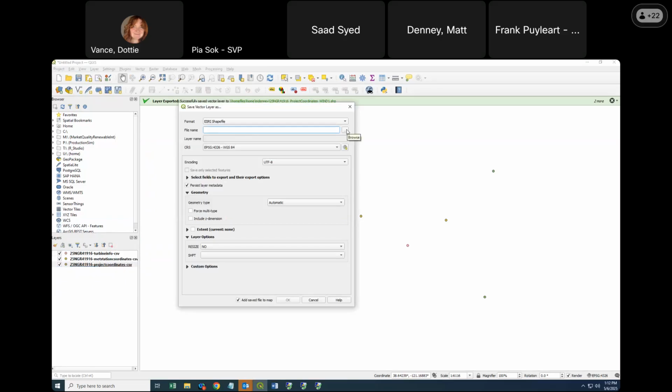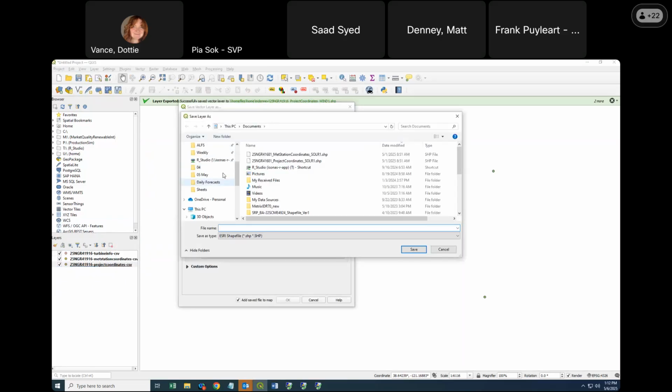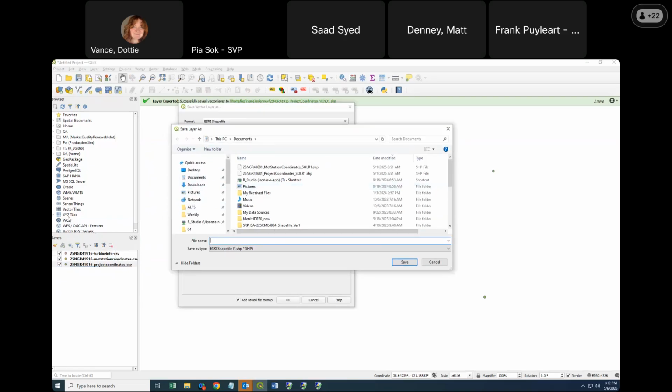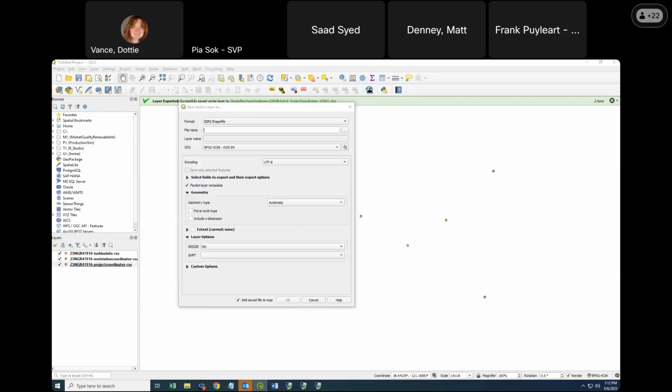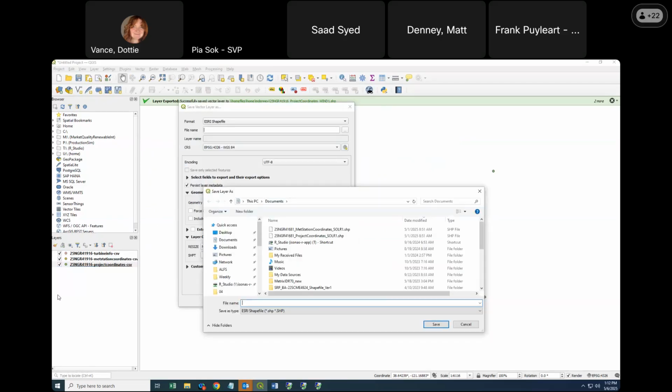And then our file name, this one we'll want to follow a specific format for this file naming convention, which is outlined in that readiness note. So it's the project key, and then since this was project coordinates,